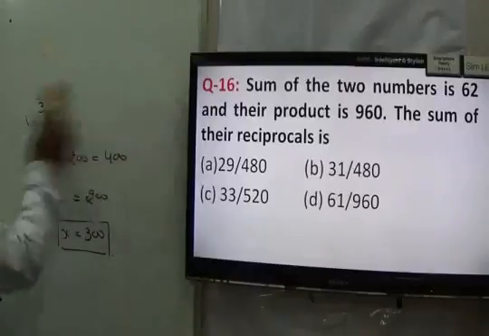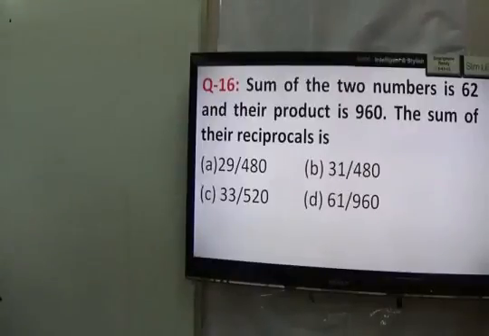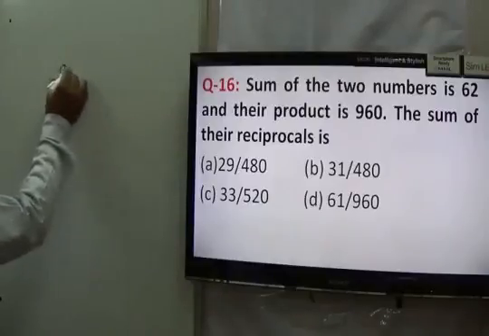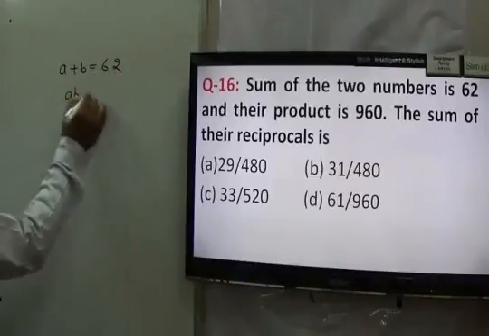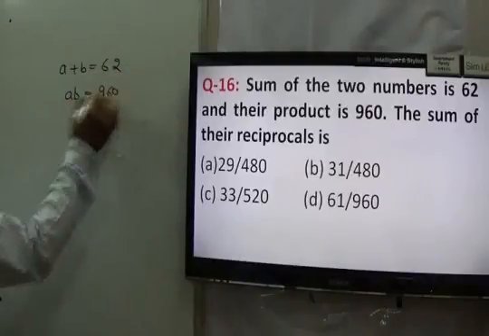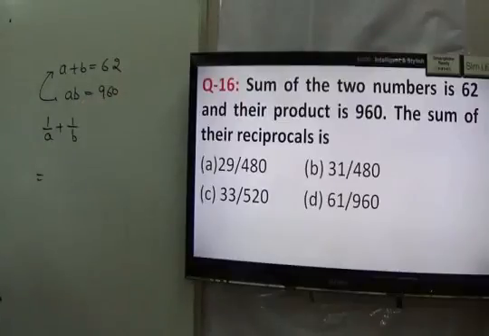Next you have question number 16. It is given that the sum of the two numbers is 62. It means a plus b equals 62. And the product of the numbers is 960, a into b is 960. We have to find the sum of the reciprocals, means 1/a plus 1/b. So don't find the values of a and b here, because finally I have to find the sum of the reciprocals. So I can take my LCM to be ab,